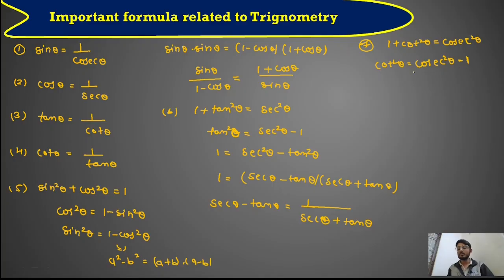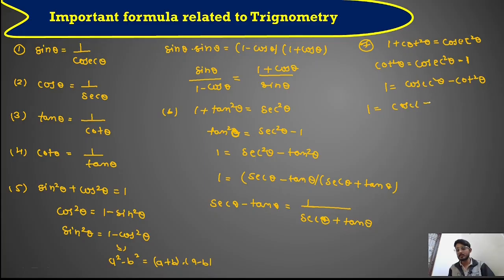So you have to learn this in the algebra chapter, and you have to practice more equations to learn these things. From here you can also find the value of 1. So 1 equals cosec square theta minus cot square theta. Basically you can find two more values from here. Here you can apply the identity of a square minus b square, which gives a plus b multiplied by a minus b, meaning cosec plus cot theta multiplied by cosec minus cot theta.